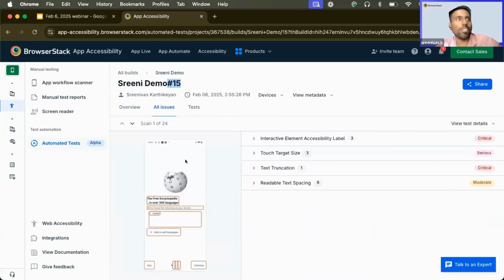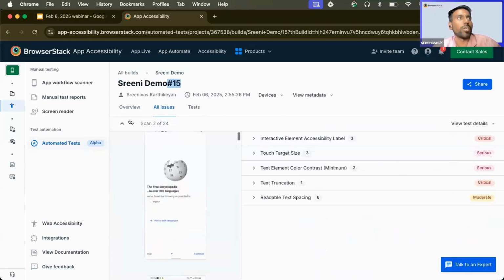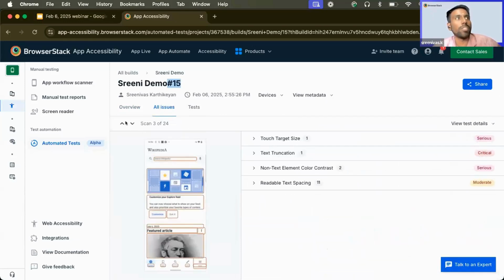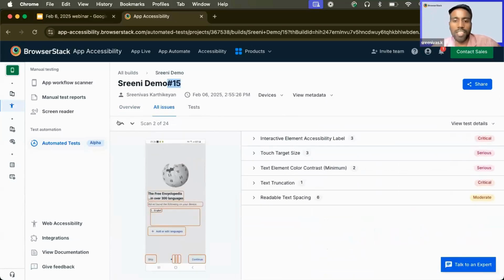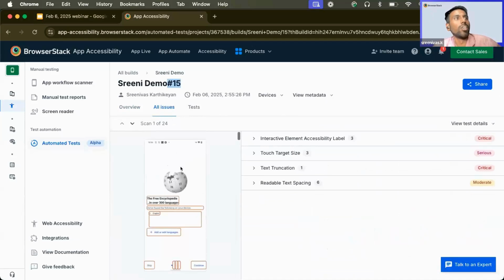all the screenshots, the screens that we have captured during the functional test execution, will be available for you here. So all the 24 screenshots that we have captured will be available across the 3 different test executions that happened, right? So if you see here, the issues that we have identified in this particular snapshot are being highlighted, annotated